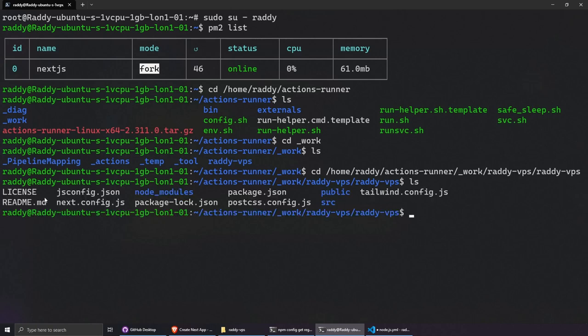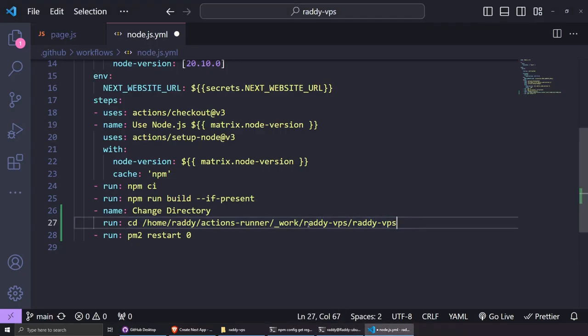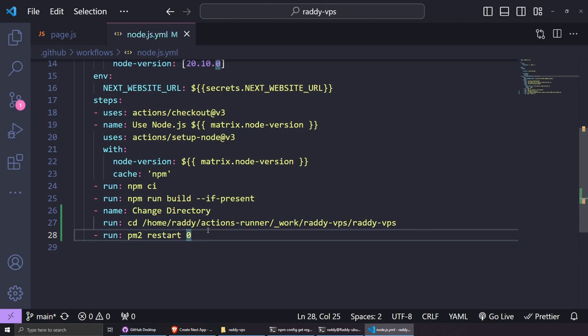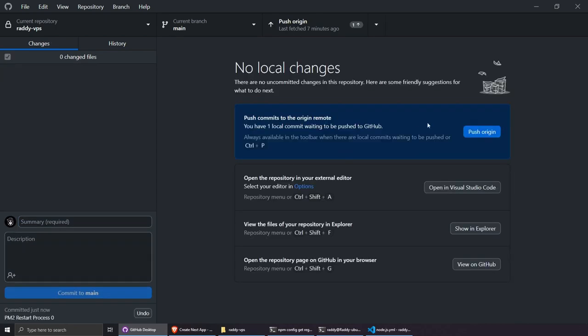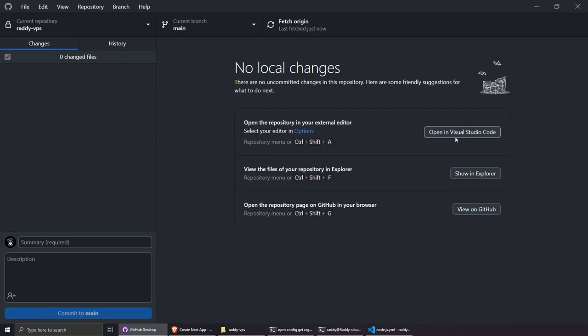And if I do ls, this is where our project is, and this is where we can restart the PM2 process. So when we cd to this project folder, we should be able to run PM2 restart in order for this to happen. I would definitely suggest that we push this and then we wait to see what happens. So I'm going to push this change to restart process PM2 restart process 0. I'm going to definitely commit this and retest everything just to make sure that everything is working before we do